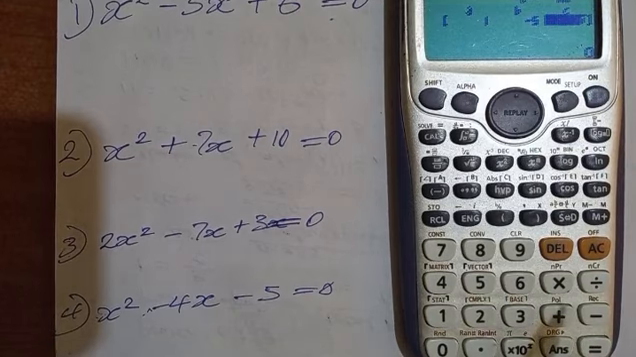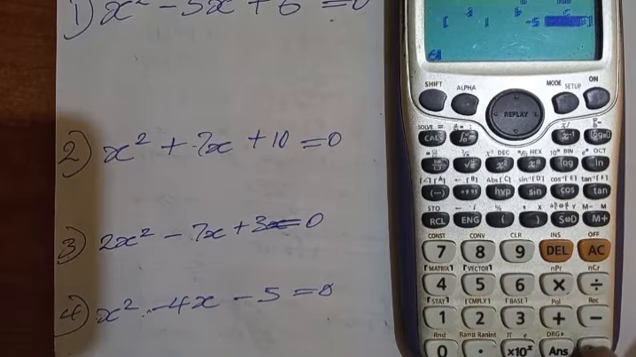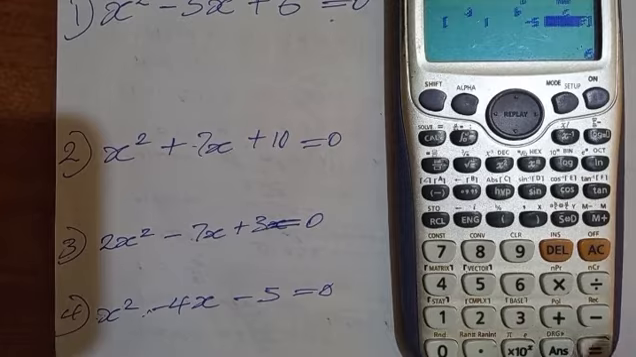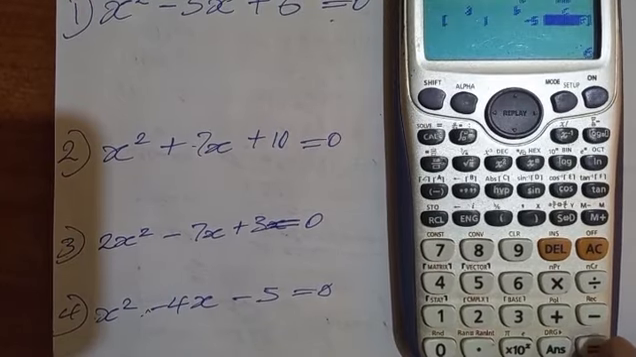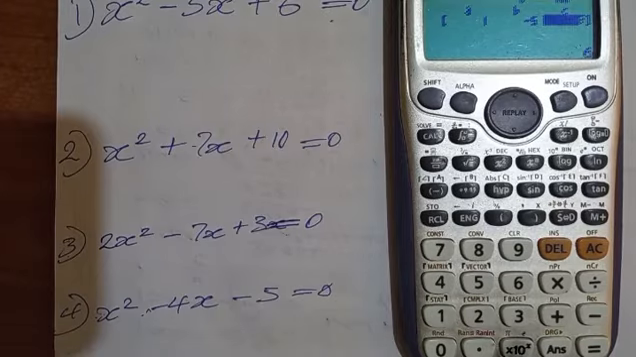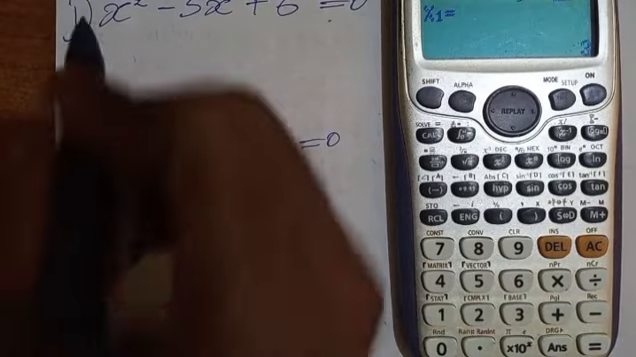The third one is plus 6. Then you click 6. After clicking 6, when you press equals to the first time, it will not give you the answer immediately. You have to press the equality sign again. Press the second time, it will give you x1